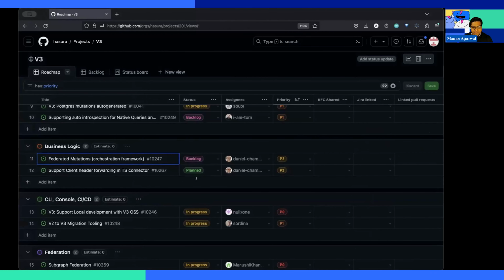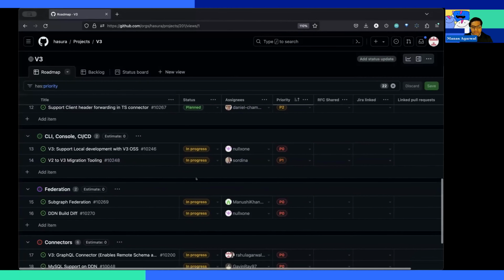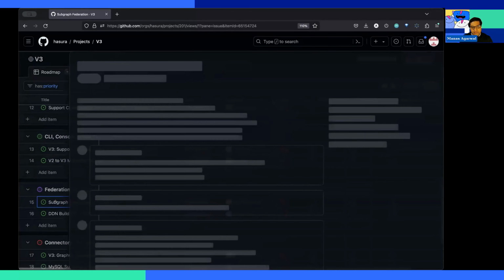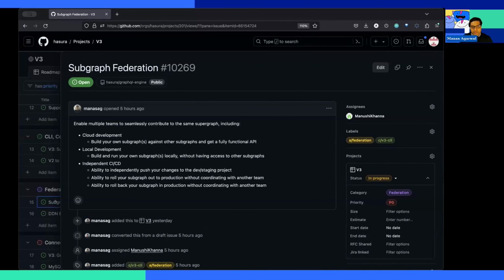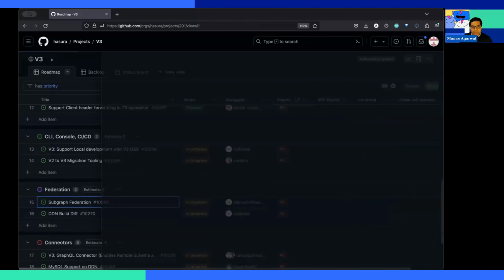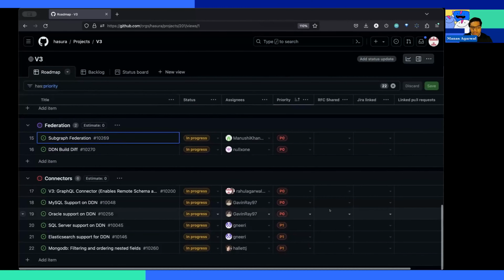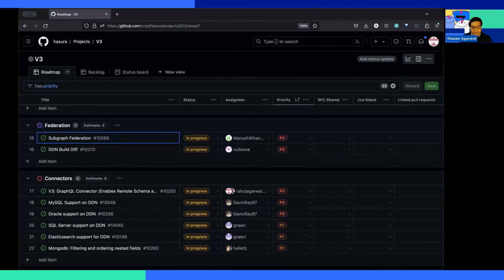Yeah, and I was talking about federation. Federation at this stage is a cloud feature, which is available in free tier, maybe in some way. But I think we want to talk about what kind of things we want to do in terms of our CI/CD, in terms of when we want to work across teams, and we want to share again the things that we solve over here. So yeah, these are the things here, and then connectors you can always follow as my favorite connector next in my roadmap. If it's there, for example, we're going to talk about Elasticsearch. But if you have something next in your mind, you can always find it in the roadmap over here.